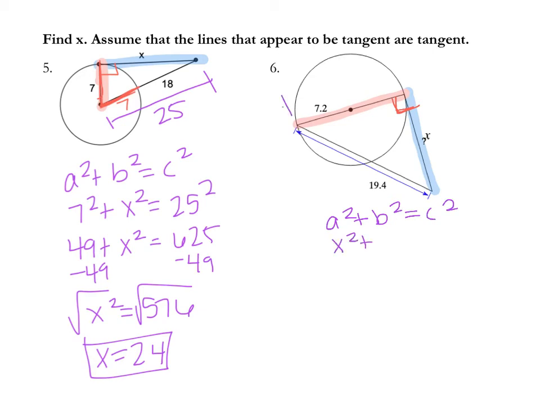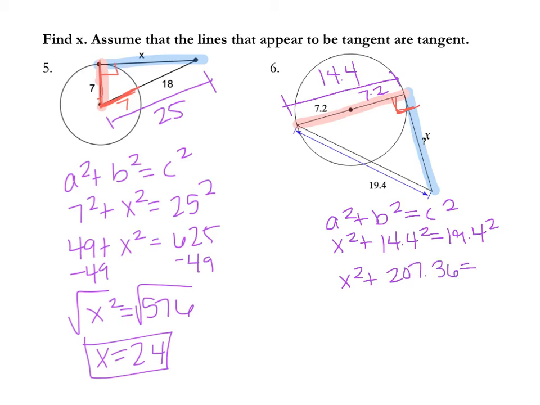But be careful with this red side. You need to know what the whole diameter is, what the whole side of that triangle is. This would be 7.2, so this is going to be 14.4. So it's going to be plus 14.4 squared equal to the last big side, which is 19.4 squared. So it's going to be x squared plus, that turns out to be